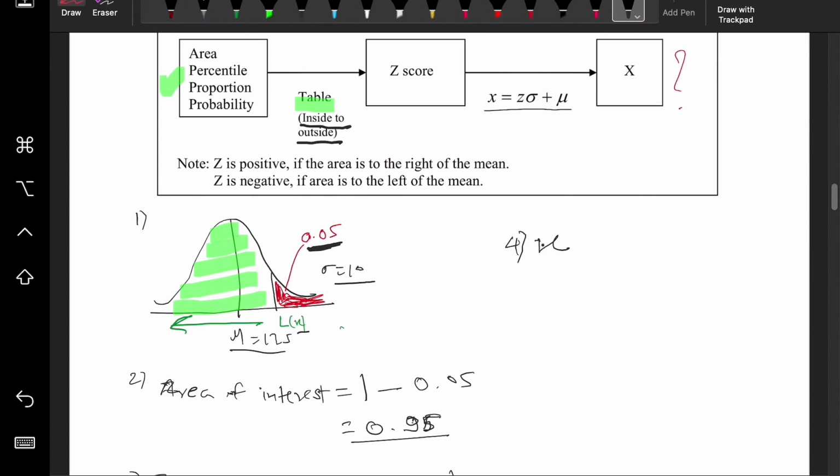So x, or in this case L, is nothing but z, which we found as 1.645, times your sigma. In this case we saw that it's 10, but